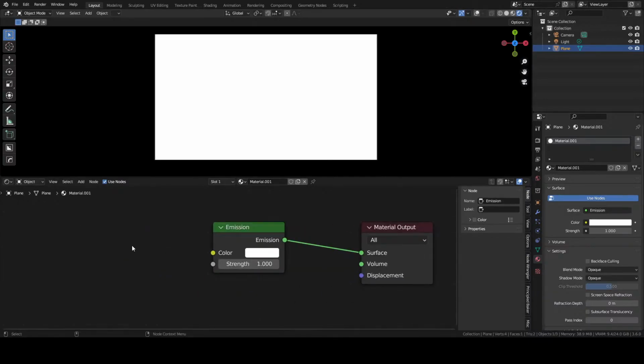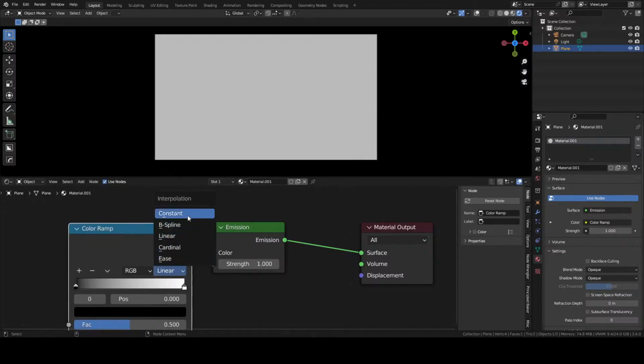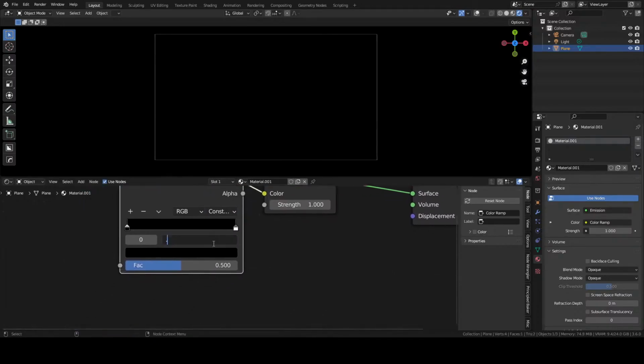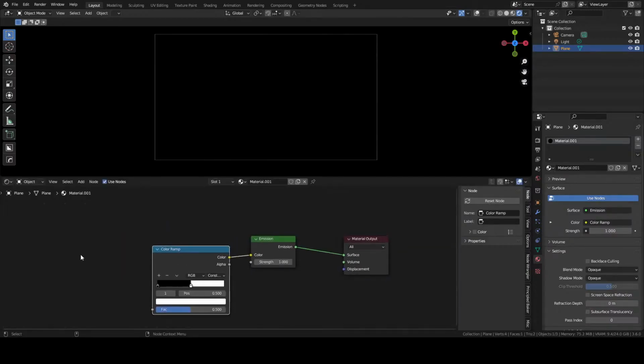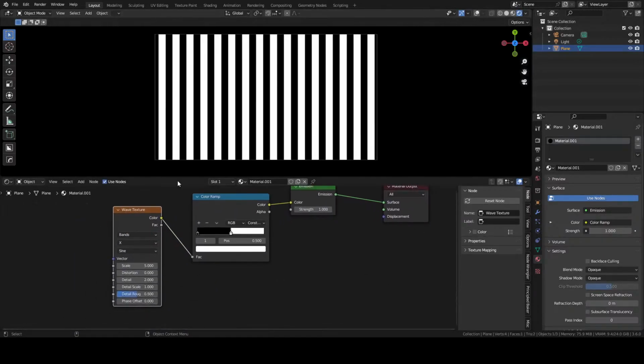So an emission shader just literally spits out whatever you give it. So we'll go color ramp. This is how we control the clamping of the colors. We're going to change it from linear mode to constant, and we're going to set it to 0.5. Nope, not that one. We're going to click on the white one and change that to 0.5. So now we have 0 to 1 at halfway point. This is going to make sense once I pop a texture in here. Let's go with a wave texture. Hey, look at that. We got a wave texture. Wave texture is black and white because of the color ramp. Color ramp lets us determine how big this stuff is.